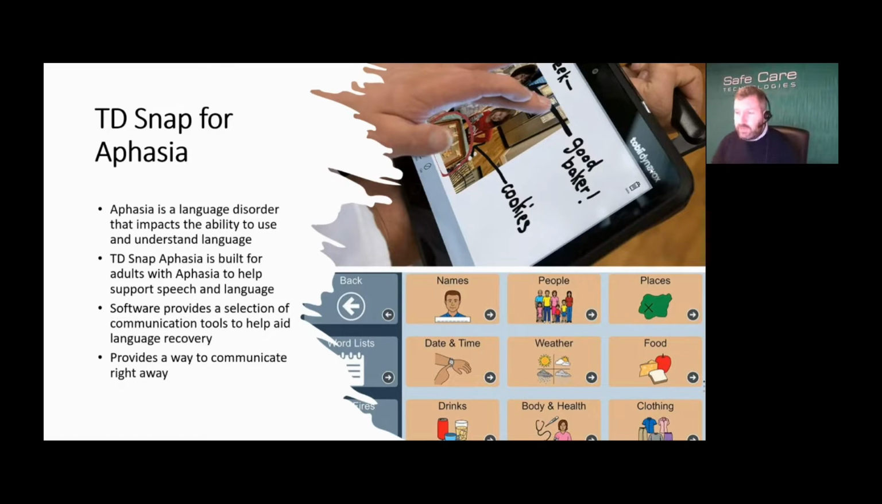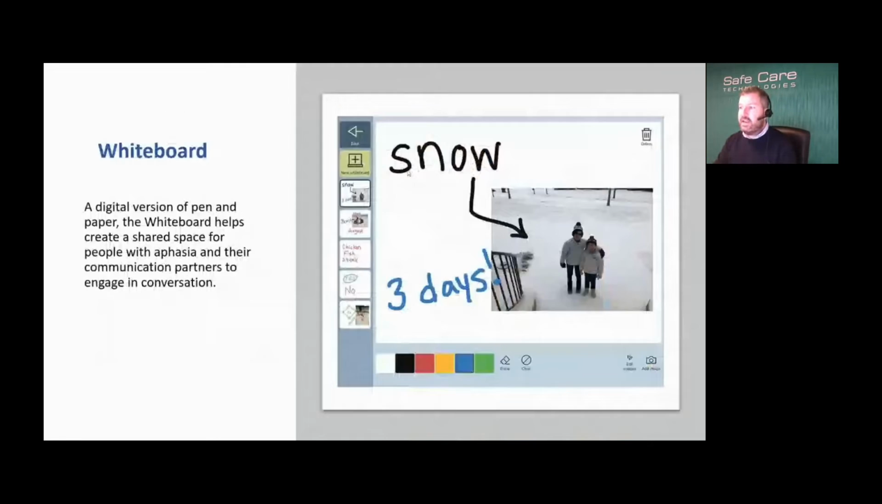If you're familiar with SnapCore First, and you know how to edit and move around the software, it is similar, but there are features in it specifically for aphasia, things like a whiteboard. It's a digital version of a pen and paper. It helps create a shared space for people with aphasia and their communication partners to engage in conversation. You can use the whiteboard just by using touch on the device. You can also upload photographs or images that you have, or take a picture there and then,